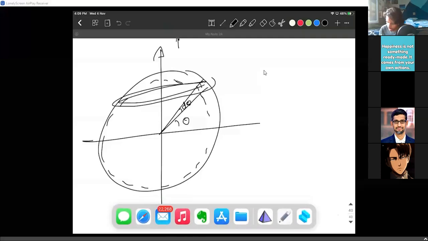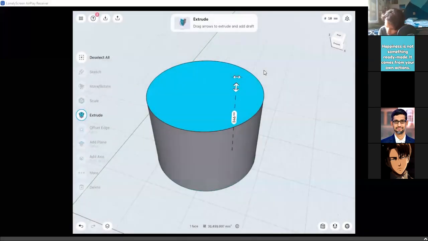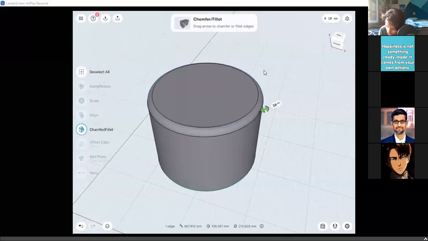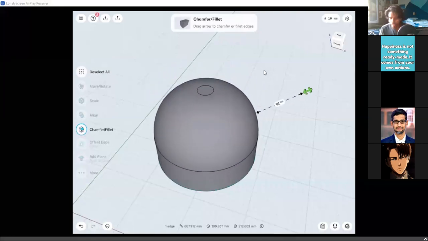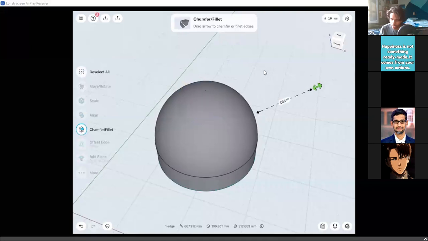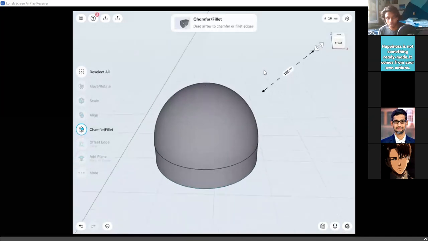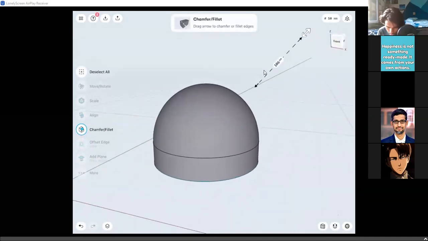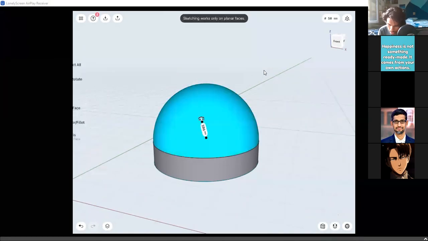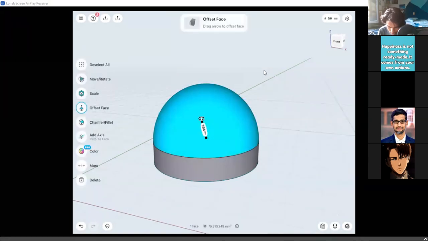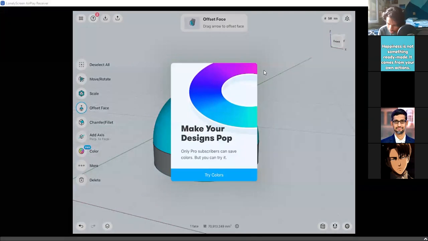Let me see if I can make a sphere out of this itself. Yeah, I think I can make it. Yes, finally, we did it. It's not a sphere, but let's just consider it as a sphere. And if I can make it transparent, color, no, color is only for pro mode. No, I don't want colors. I want to go back. No, it's not letting me go back now.